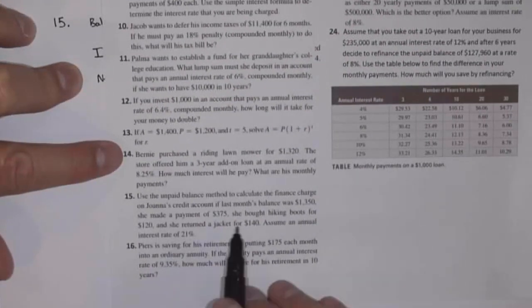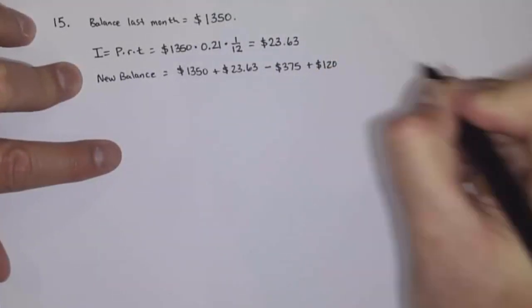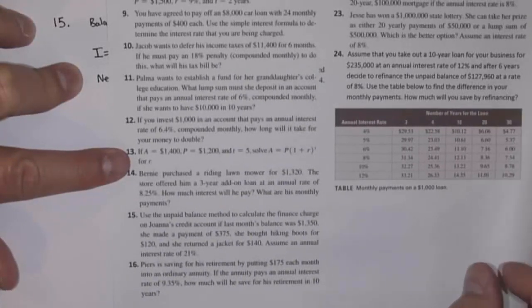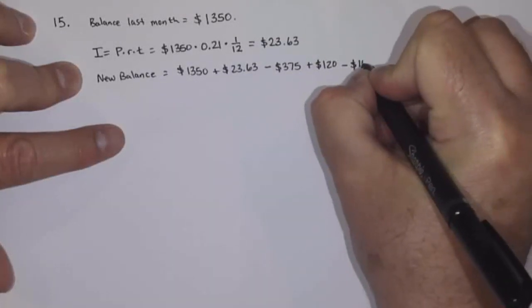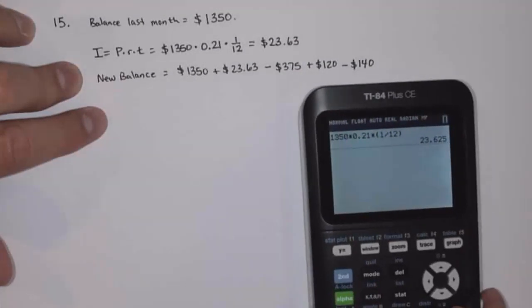We know that she bought hiking boots for $120, so she's going to have to pay interest on that, $120. And then she returned a jacket for $140, so she's going to get a $140 credit that she doesn't have to pay interest on. So if I add that all up,